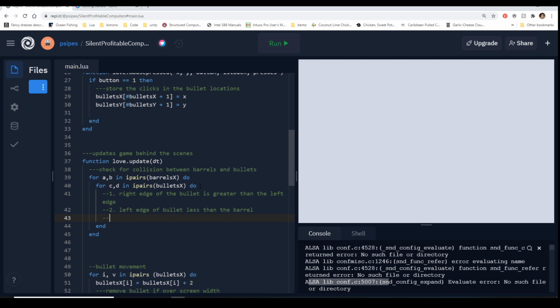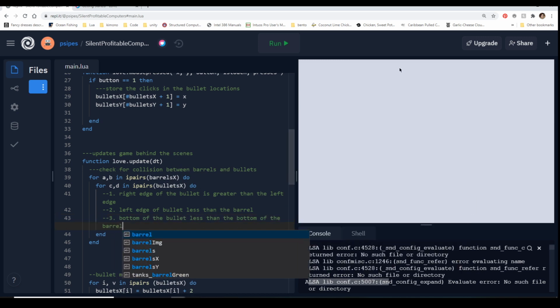And then we also have to do that for the y values. So, how do we want to do this? We want to say, well, is the bottom of the bullet less than the bottom of the barrel?